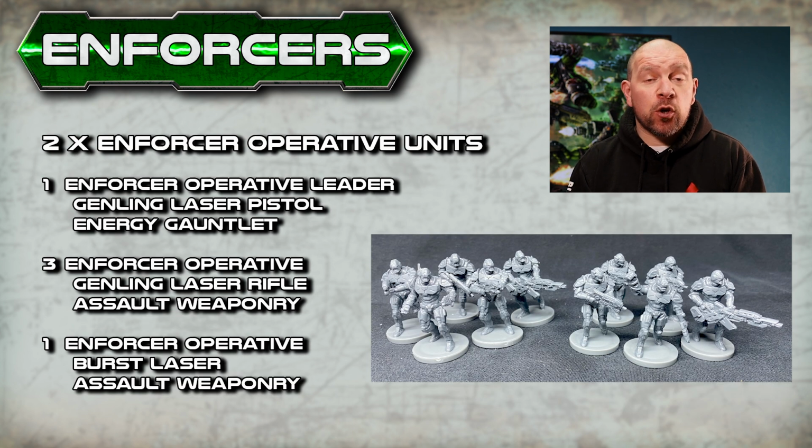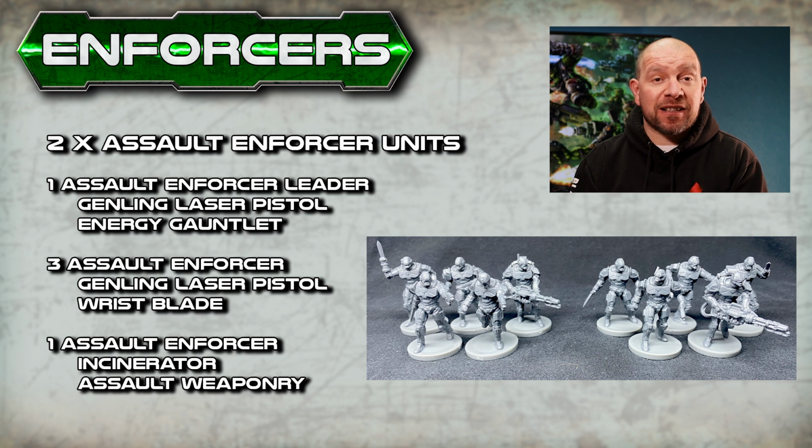Now we're going to have 2 5-person Enforcer operative troop units. Each one will have a leader with a pistol and an energy gauntlet, 3 troopers each with the Gendling laser rifles, and an upgraded trooper with a burst laser. Let's add another 2 troop units, this time of the Assault Enforcers. Each has a leader with pistol and energy gauntlet, 3 troopers with laser pistols and wrist blades, and an upgraded